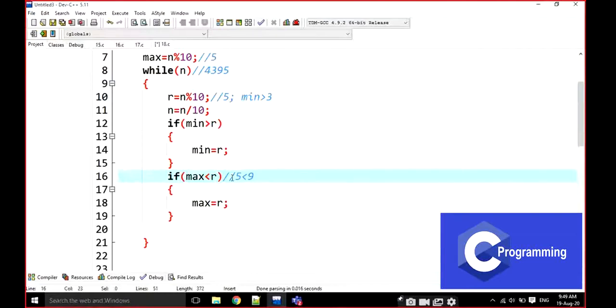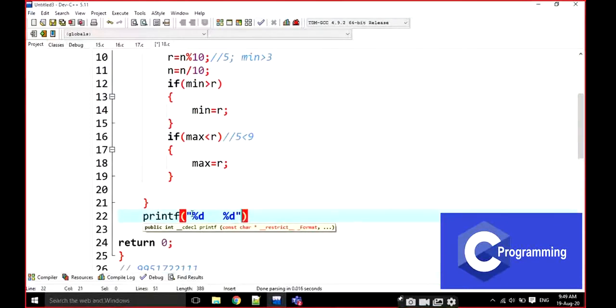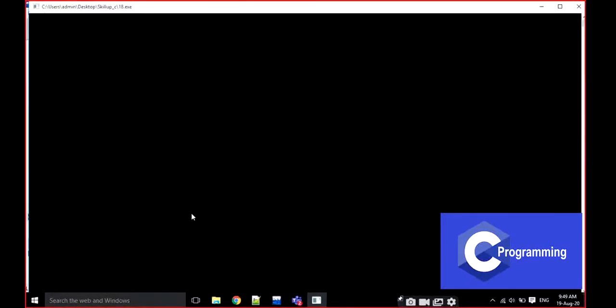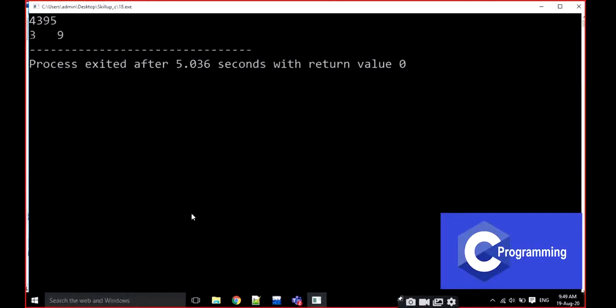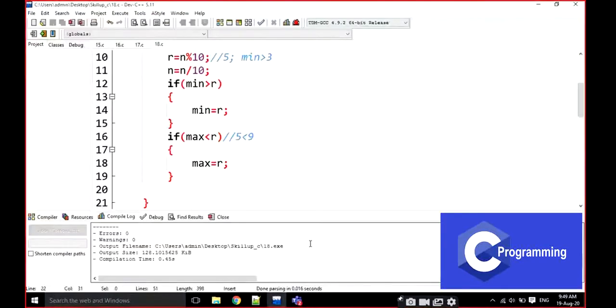That's it. I am going to print outside here %d and %d, minimum comma maximum. That's it. I am going to execute it. So for example, 4395. The minimum value is 3 and the maximum value is 9 here. That's it. Very simple program it is.